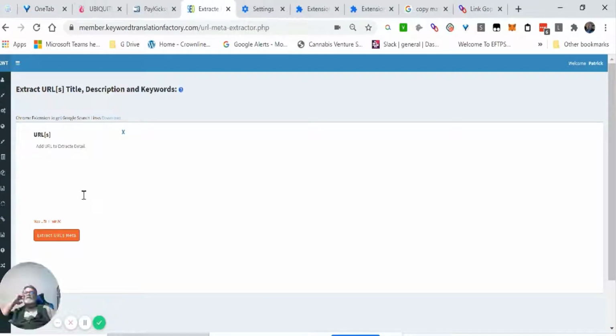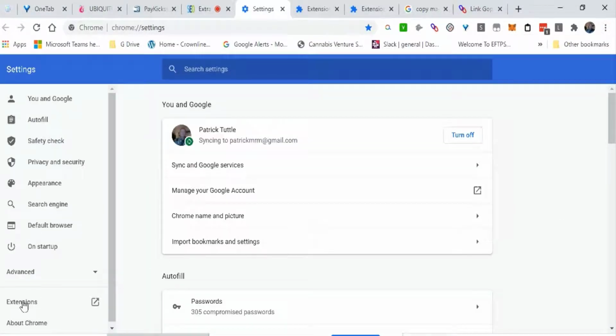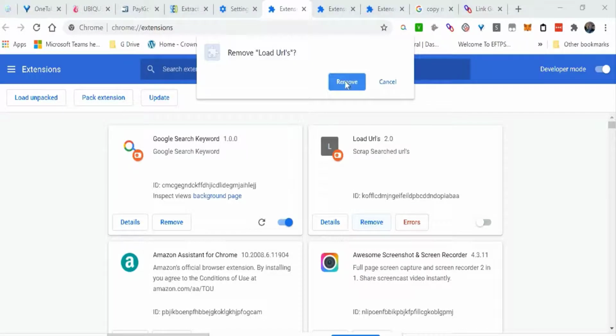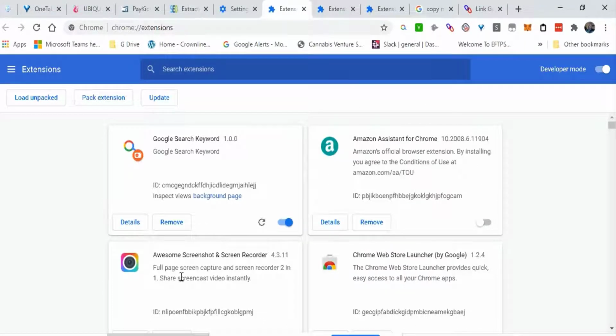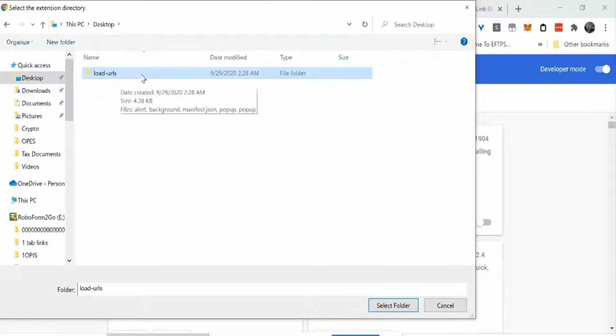Once you've saved your file there, then you're going to come back over to your extensions in your settings area. I've already done this, so I've got to remove it so it doesn't exist. You come over here, make sure your developer mode is on, load unpacked, okay, and this is what I saved right here, so it's unpacked. Select the folder,